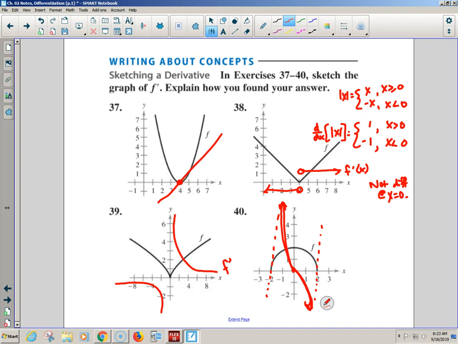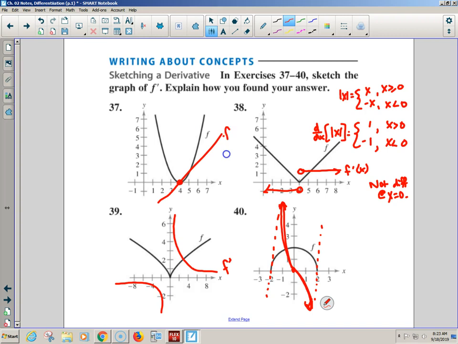Which means these problems were just an intro to a much bigger issue. Does that make sense? Just an intro. So as we learn more rules, this will get easier. And we have activities to go through that will help us with visualizing or playing with derivative graphs given original functions. So real quick, guys, can you check your homework?